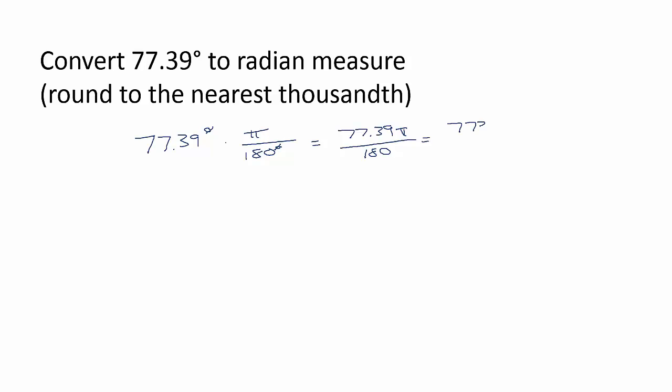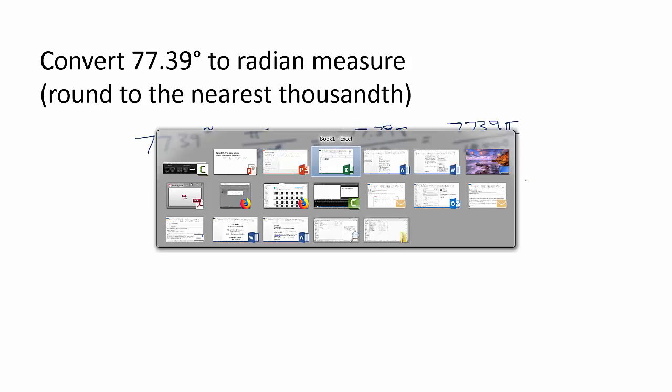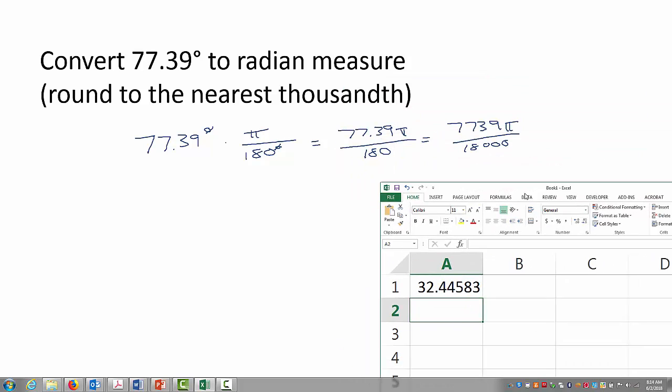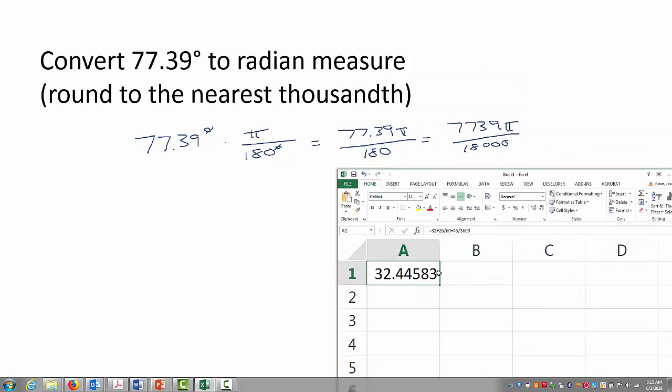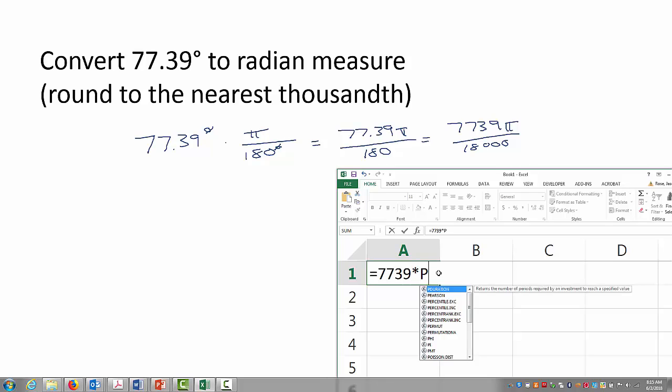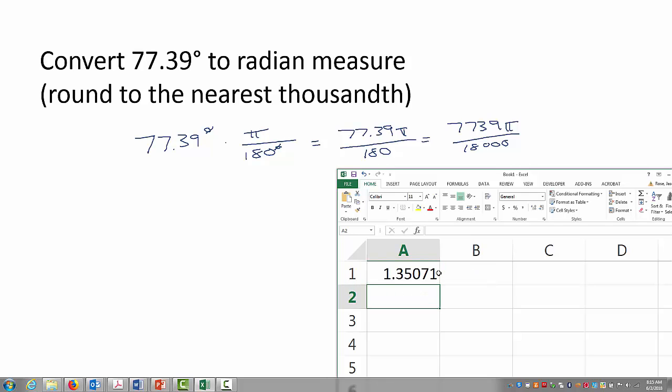As far as a fraction goes, 77.39 times pi over 180, you can multiply top and bottom by 100. So that would be 7739 pi over 18,000. But they just want us to get a decimal answer in radians. So let's just plug that into Excel or into our calculator to see what value we get. So we just need to do 7739 times pi, all divided by 18,000, would give us a radian measure of